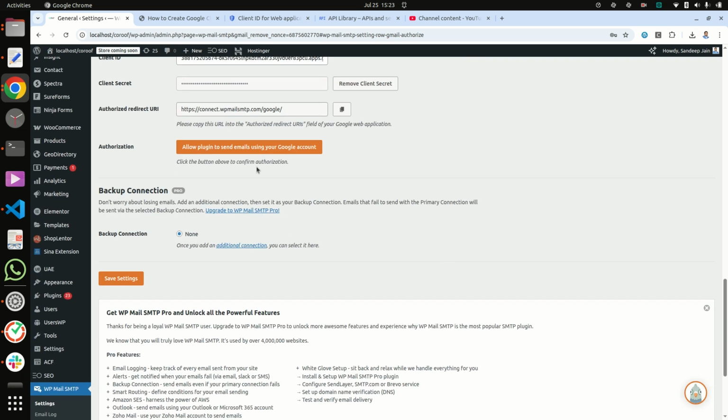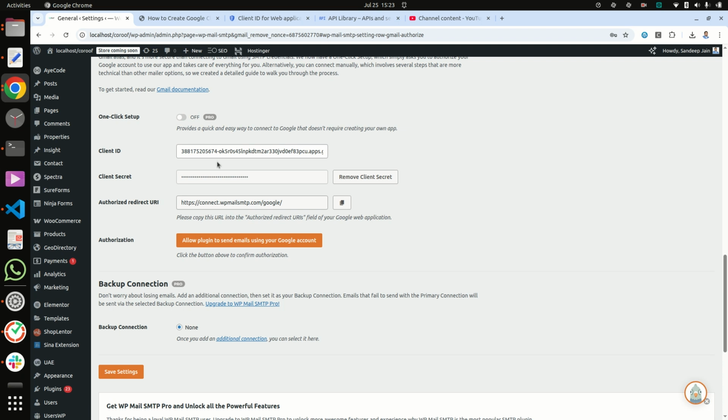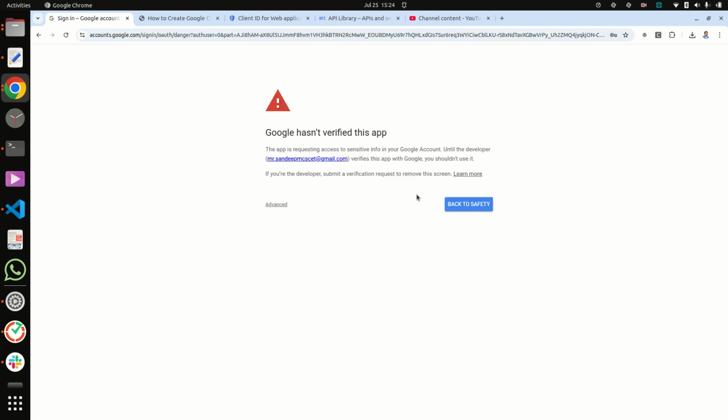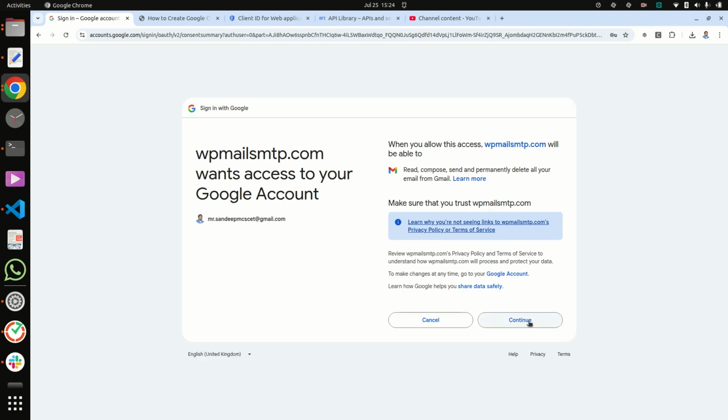Whenever you put this client ID, client secret here, it will ask to allow the plugin to send email using your Google account. So click here, and it will ask to choose an account, so click, and here click on go to WP Mail SMTP unsafe, and it will ask continue.